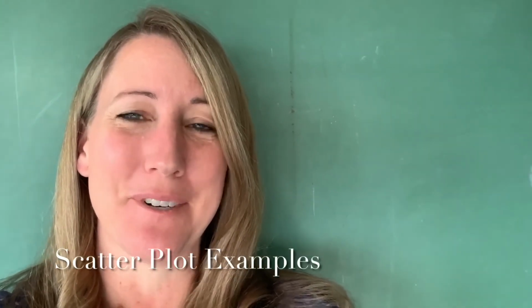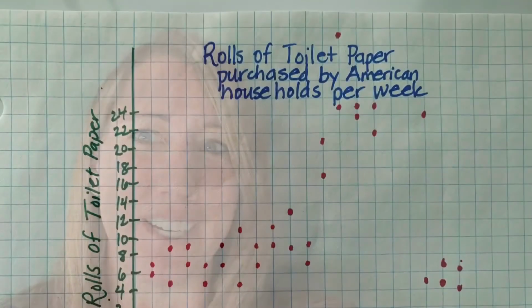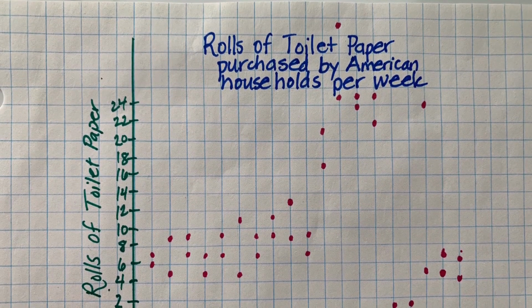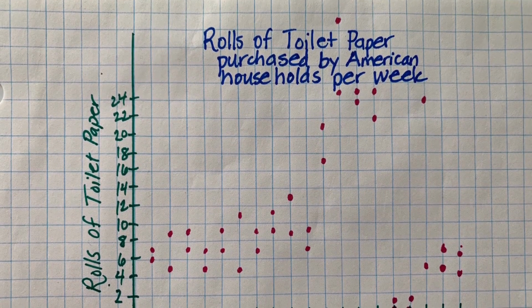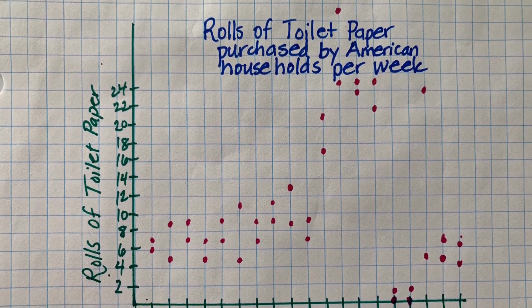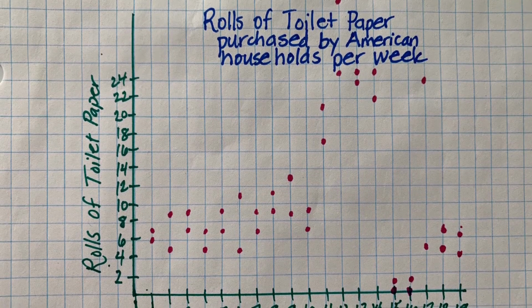Today we are going to look at some real-life examples of scatter plots in 2020. Our first graph shows how many rolls of toilet paper two different American households purchased per week in 2020. You'll notice that in the first few weeks of 2020, they purchased maybe 6 to 8 per week, but then as we get into mid-March, it goes